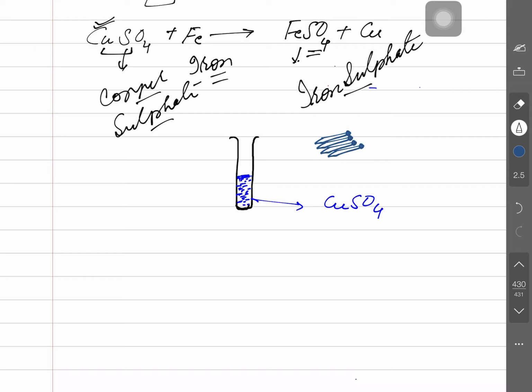These 4 iron nails are here. At least 2 iron nails you will put inside that solution. You will put these iron nails into that, and after some time leave them with the head strings attached. This string can be attached to the nail. Okay, after some time,